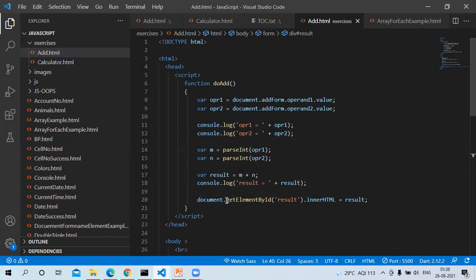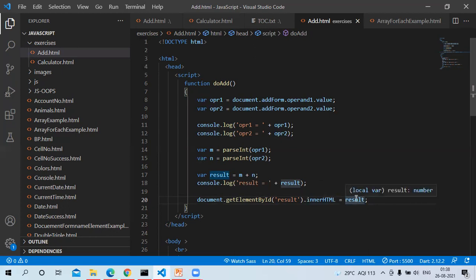Next, what we are doing is document.getElementById('result').innerHTML equal to result. This is what is called dynamic HTML. Dynamic HTML means we are finding an element which has an ID of result, and whatever is there in this result, you place it within that div. The div is basically a placeholder.